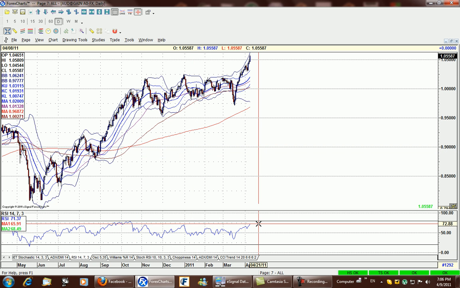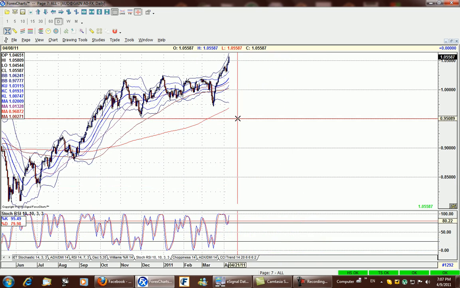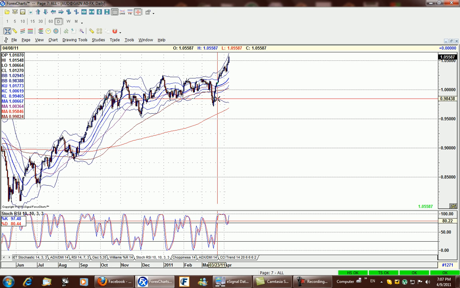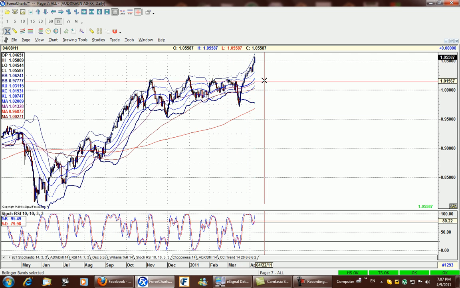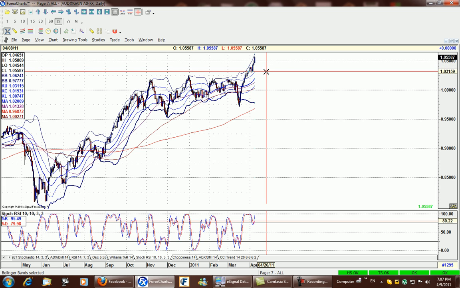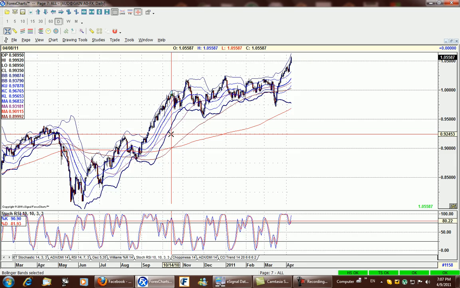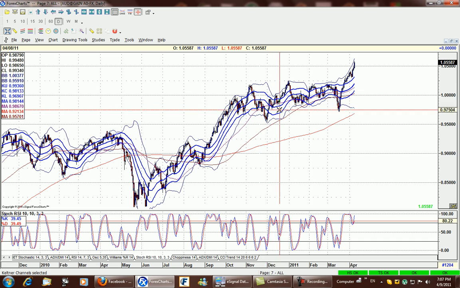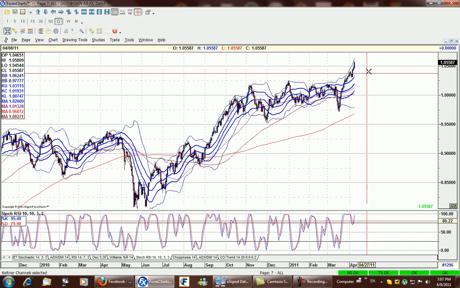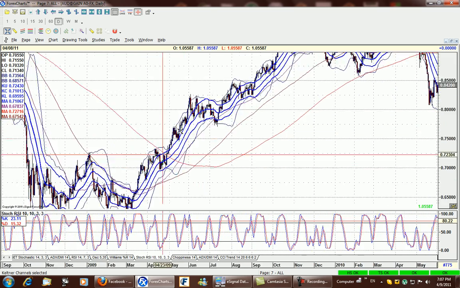the RSI here is very extended into the overbought area, and this is quite a rally, like 1, 2, 3, 4, 5, 6, 7, 8, 9, 10. It's around a 2 or 2.5 week advance, with only a minor correction here of 100 or 120 pips. And this is not forex, you know. If you just jump into the long side here, you'll get yourself squeezed into a very fast correction before maybe another leg higher, maybe not.